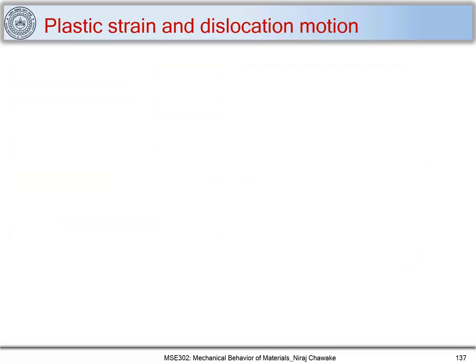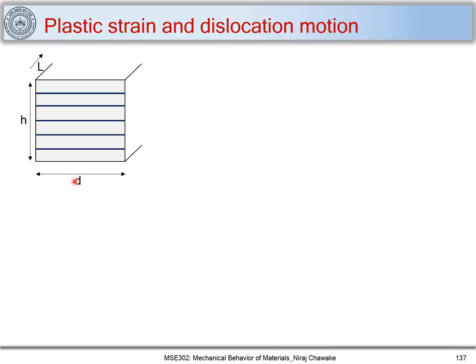Now let's understand, when a dislocation moves, what plastic strain is generated. We have seen all these processes. Now let's find out what plastic strain is actually generated when a dislocation moves. For that, let's consider this crystal which has length L, height h, and d is the width. Let's consider these are the slip planes which have dislocations on them, and they move on this slip plane along D,